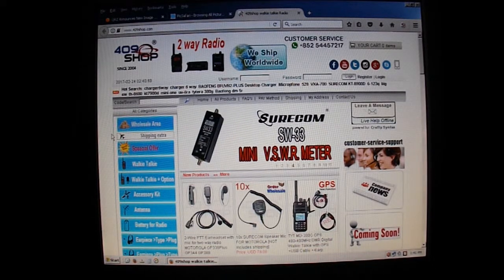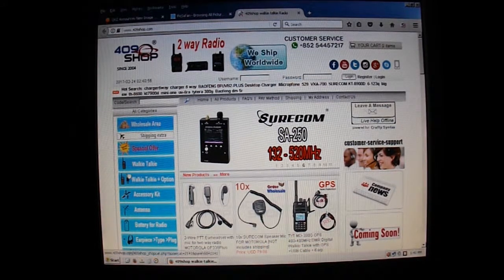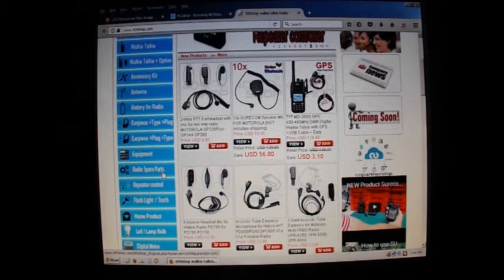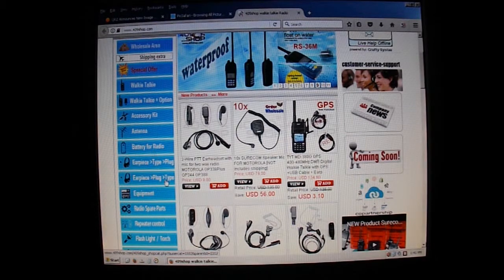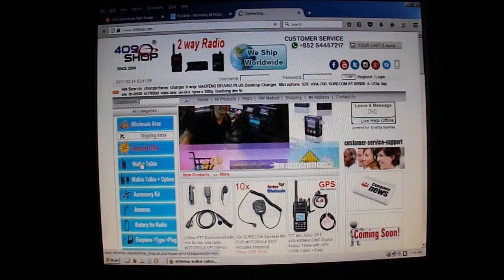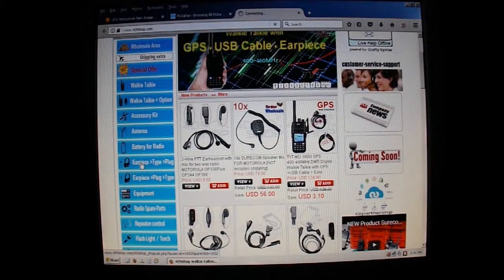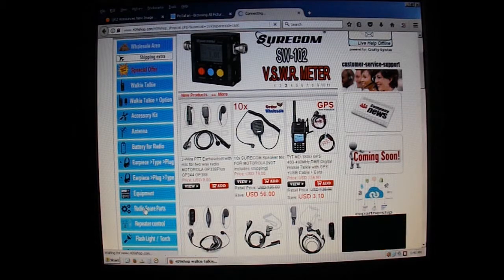And I don't know if you can see this very well. I'm just shooting the screen in my camera. I don't really know another way to do this. So over here on the left side, you can scroll down, and you can click walkie-talkie, and oh, here it is, radio spare parts. Click radio spare parts,